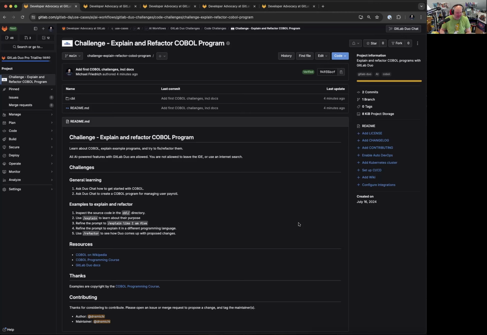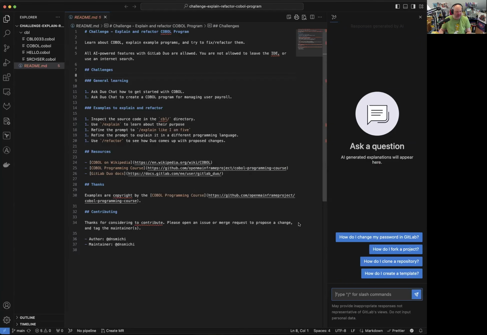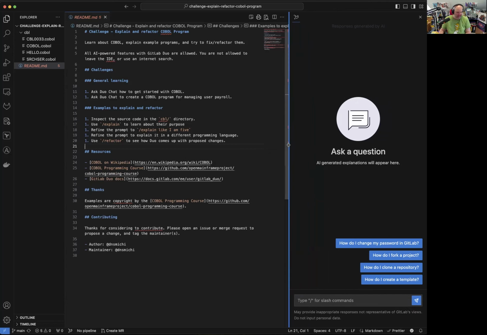Now, the goal here is not to use the browser. So this is the project which we will be looking at in this video. But instead, we want to go into an IDE, which in this case will be Visual Studio Code. But it would also certainly work in JetBrains or any other IDEs that are supported by GitLab Duo. Now, you can see the README here. And one of the things I can do is, let's make this a little bigger and say,